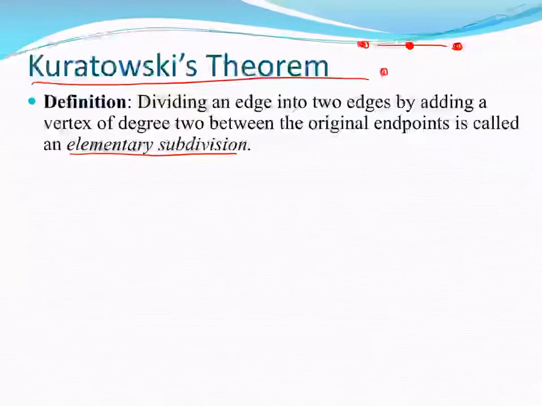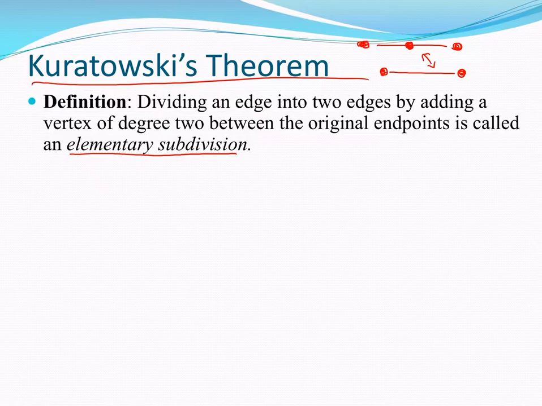And if you have an edge with a vertex of degree 2 between two other vertices, you can either create the new graph of the elementary subdivision, or you can get rid of that vertex of degree 2 by